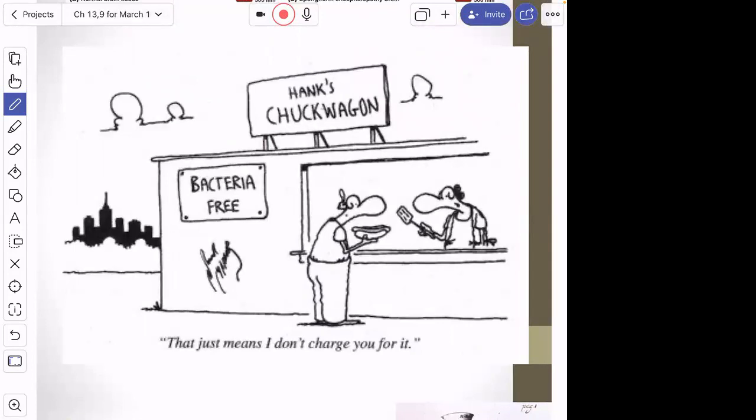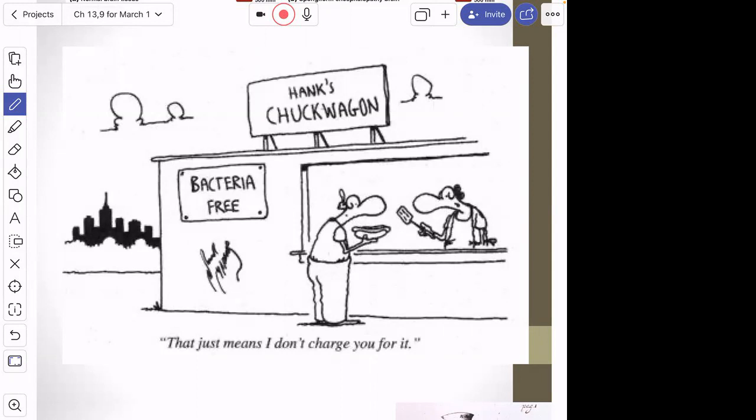Okay, so we're switching gears here a little bit. You have a lot of basic information now about microbes. We focused on bacteria, but we talked about other microbes like viruses, protozoa, fungi. We talked about their metabolism, how they reproduce, how we see them under the microscope, et cetera. We're going to think for a while now about how we're trying to kill those microbes. All right, so chapter 9 is focusing on